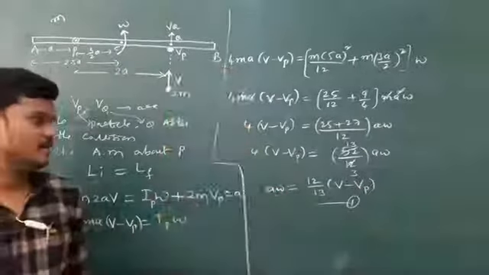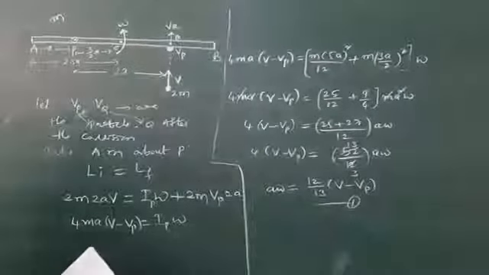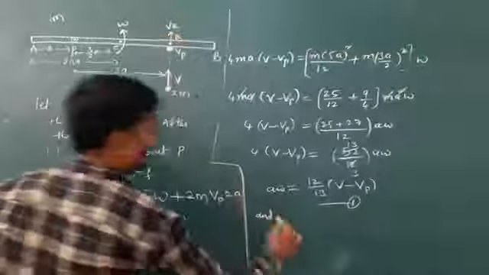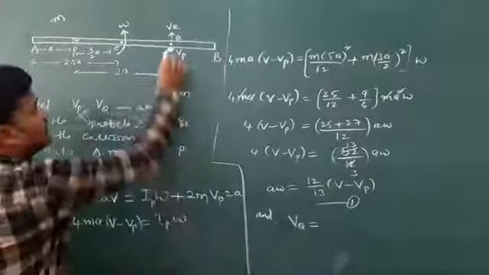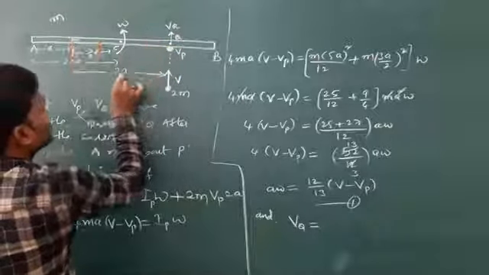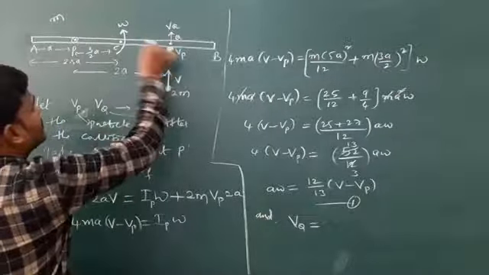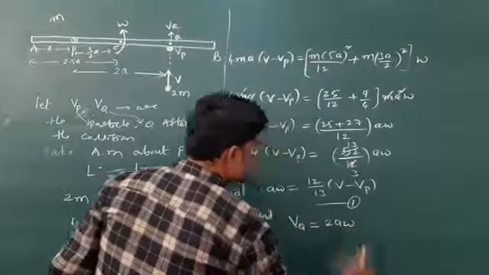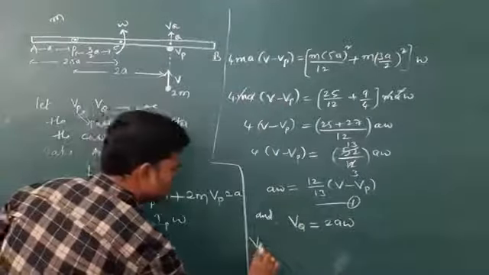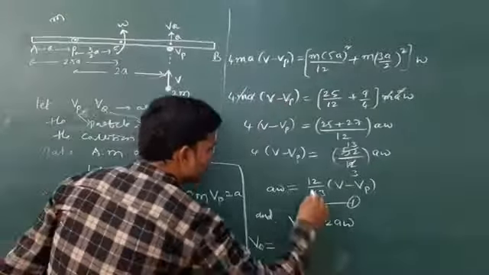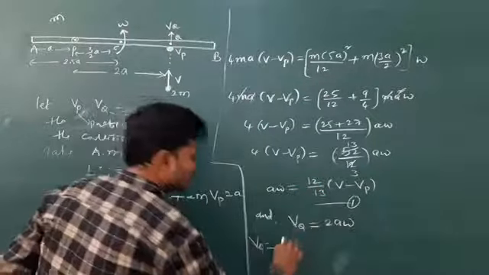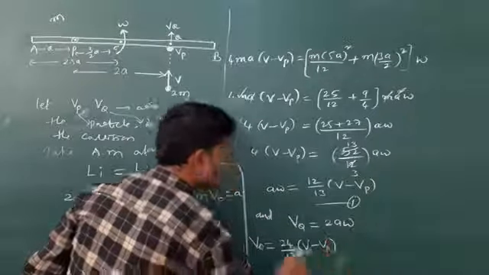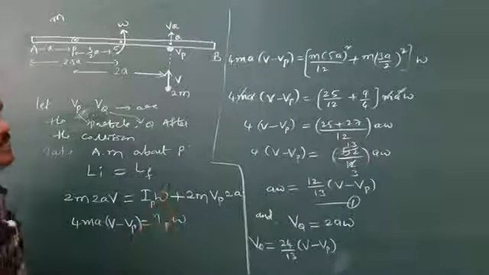Okay, some calculation is there. So V minus Vp is okay, and the velocity of the point Q. This Q is at a distance of 2a and rotating with angular speed omega about P, so this can be written as 2a omega. So we got Vq, which is equivalent to 2 times a omega. 2 times a omega, where a omega we just got as 12 by 13 V minus Vp, so Vq is 24 by 13 V minus Vp. So I got Vq value in terms of Vp.